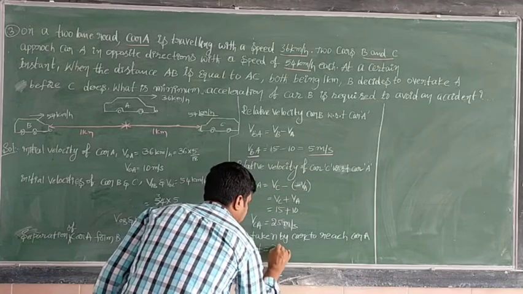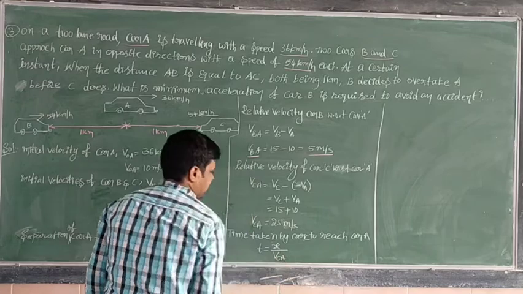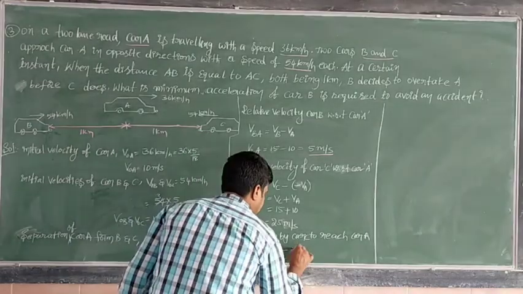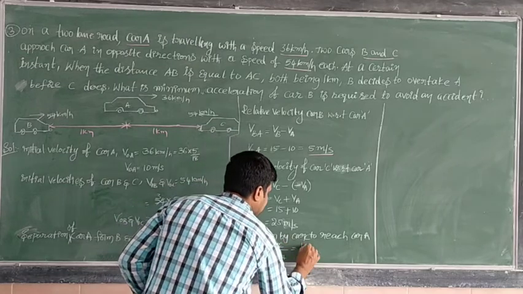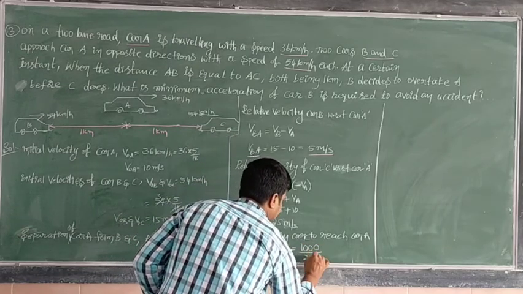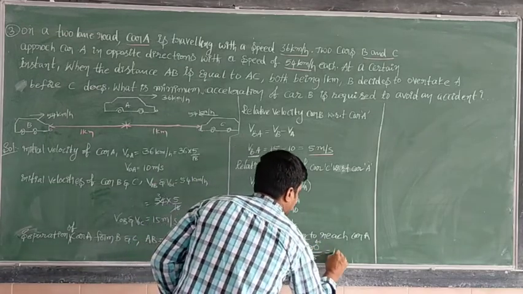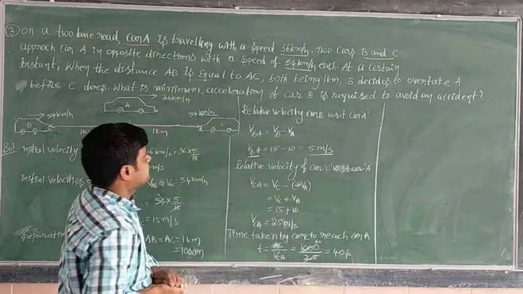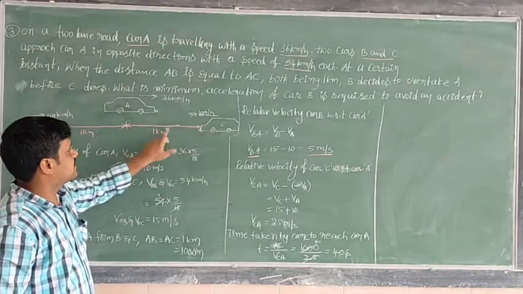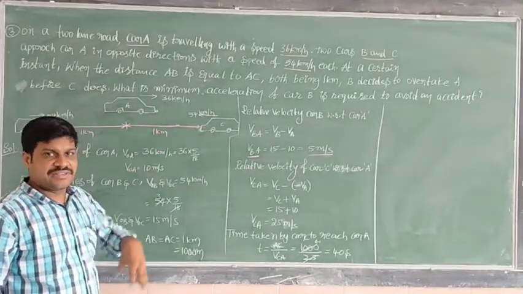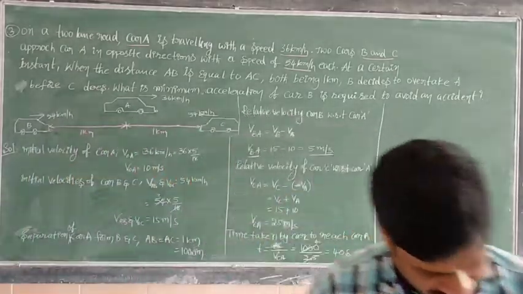So time t is equal to distance divided by the velocity of car C with respect to A. The distance is AC, AC equal to 1000 meters, divided by 25. So 25 ones are 25, 40 is left, which means time is 40 seconds. That means car C will take 40 seconds to reach car A. That means within 40 seconds car B has to accelerate. Right? Now thereafter you just see